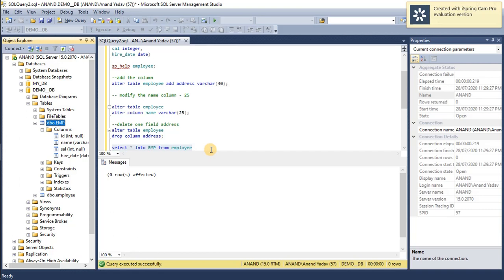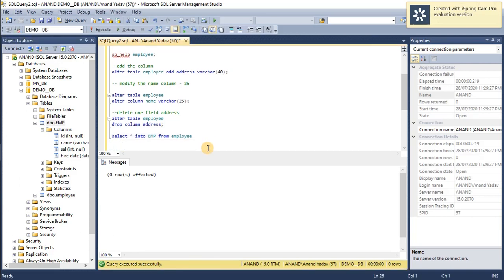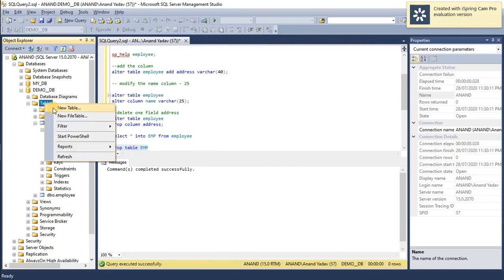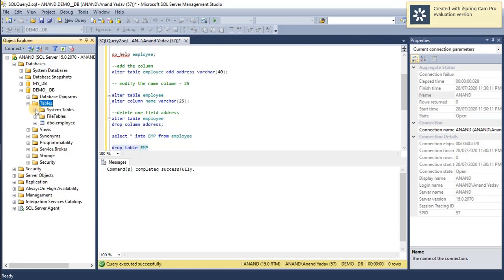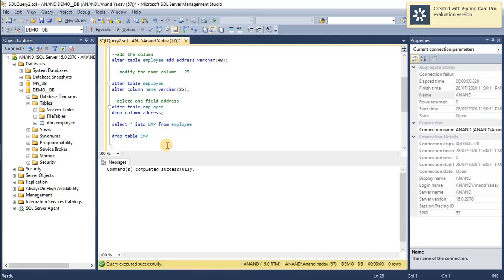Right now we don't have any data, but if there is data, it should be there in the emp table. Now for demo we are dropping a table, so we use the command DROP TABLE with the name emp that we have recently created. I'm just refreshing my table, and you can see that the emp table is deleted. As of now we don't have data in the table because I just created it with DDL commands.